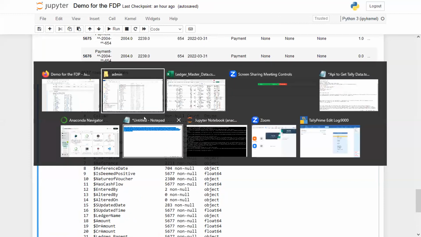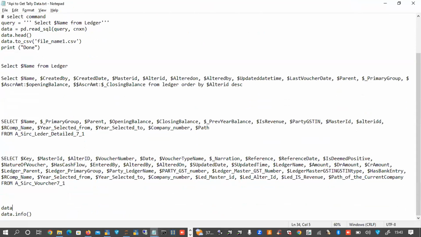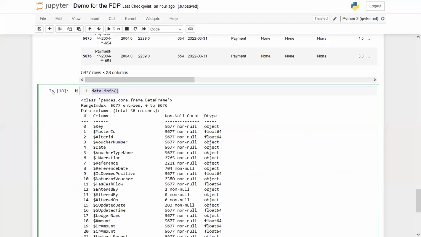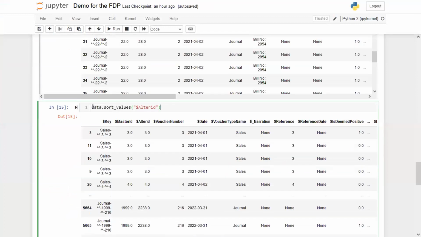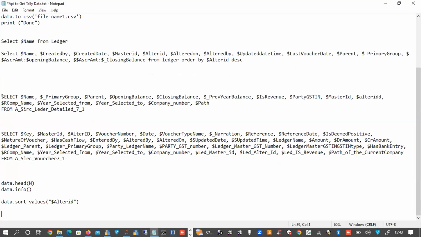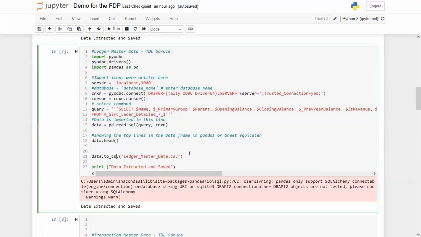I'll list out the things I've covered in this analysis part. The analysis is up to here. Data.info, data.head, sorting, likewise I've written. Then there is also a function called data to CSV.